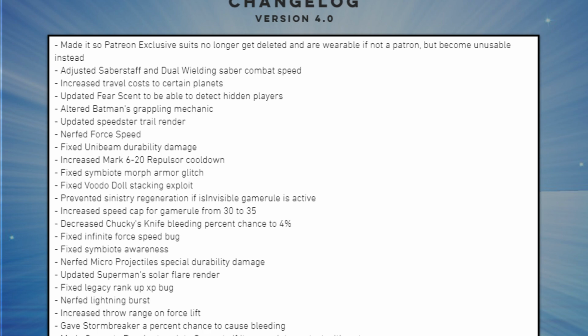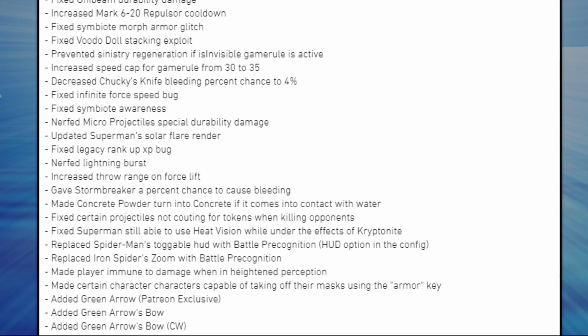prevented sinistry regeneration if is invisible game rule is active, increased speed cap for game rule from 30 to 35, decreased Chucky's knife bleeding percent chance to 4%, fixed infinite force speed bug, fixed symbiote awareness, nerfed micro projections special durability damage, updated Superman solar flare render, fixed legacy rank up XP bug, nerfed lightning burst, increased throw range on force lift, gave Stormbreaker a percent chance to cause bleeding, made concrete powder turn into concrete if it comes into contact with water, fixed certain projectiles not counting for tokens when killing opponents,